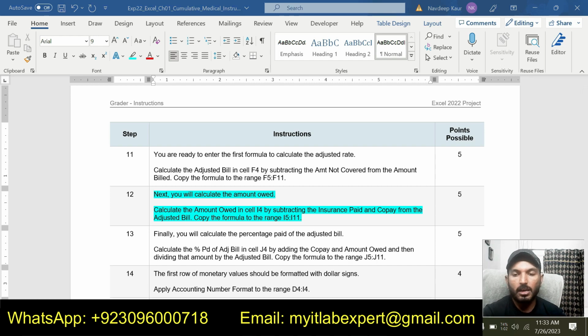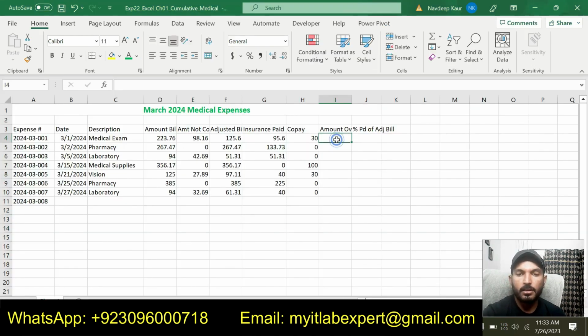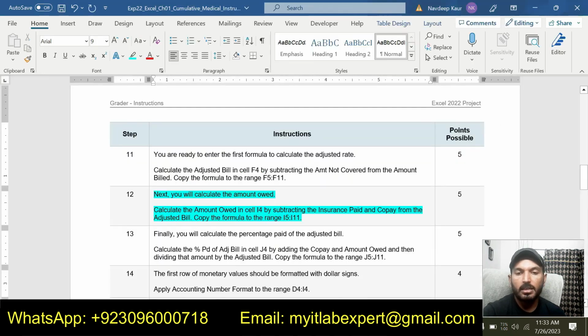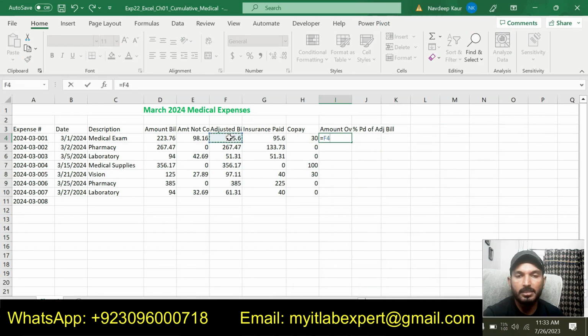So let's go to the I4 now, and I will type equal sign, and we are subtracting the insurance paid and co-pay from the adjusted bill. So I will select the adjusted bill first, then we will subtract the insurance paid, then the co-pay.